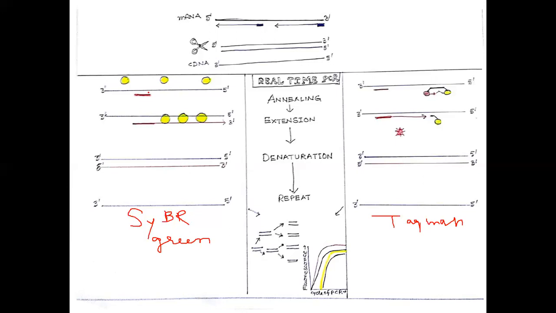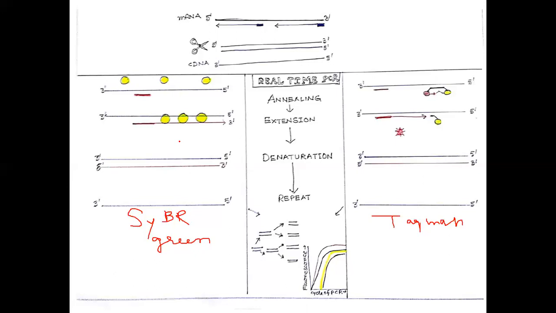In the beginning, these Cyber Green dyes will not bind to the DNA since it is single-stranded. Once the polymerization begins, this dye will intercalate with the double-stranded DNA. Not only can they bind on the double-stranded DNA, but they can also emit fluorescence when the elongation is going. The more DNA copies, the more Cyber Green will be able to bind on the double-stranded DNA, and the